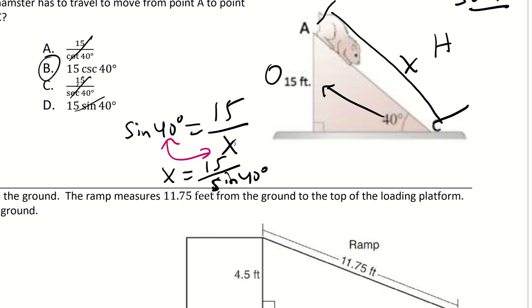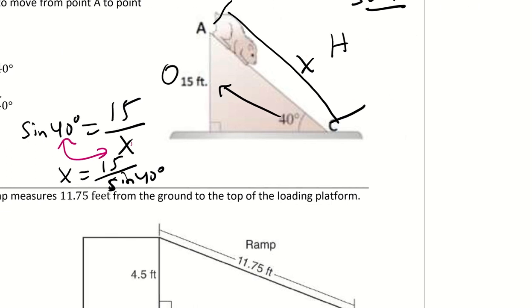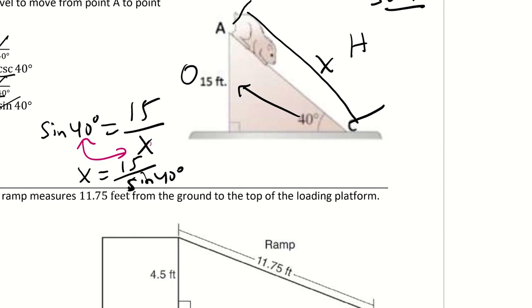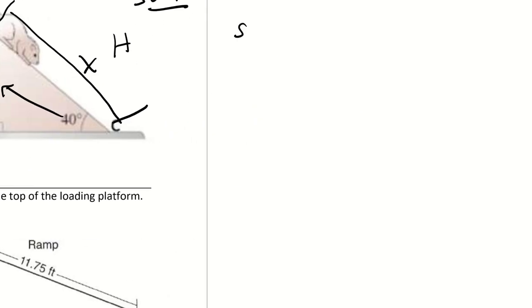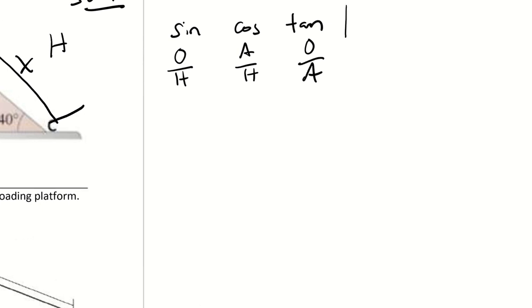I'll tell you what these mean, okay? Because we haven't really talked about them much because I don't think they're really gonna emphasize it as much on the EOC. But just in case they do, I wanna go over it. So we know about sine, cosine, and tangent, right? So sine is opposite over hypotenuse. Cosine is adjacent over hypotenuse. And tangent is opposite over adjacent. Well, there's 3 other trig functions that sometimes we use. And they are cosecant,